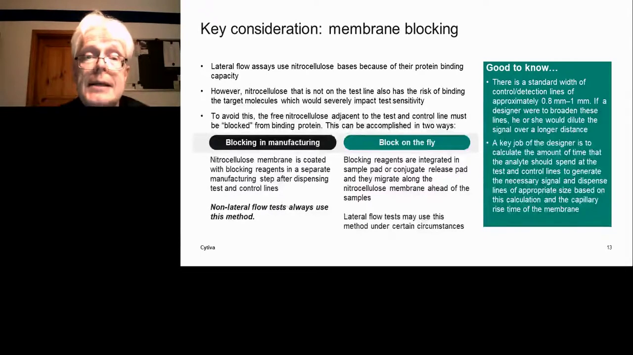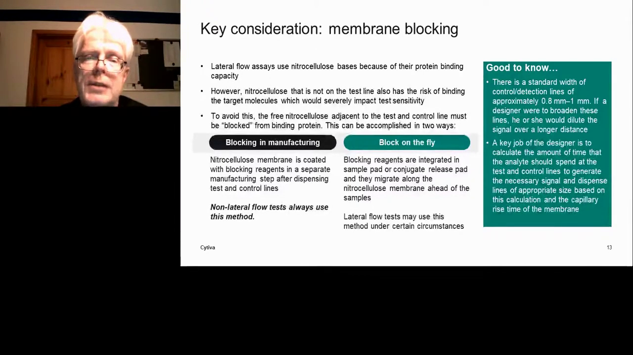In that case, the membrane is treated with the test and control line reagents. The reagents are dried, and then the membrane is soaked in a buffer, or you spray onto the membrane a buffer that contains the blocking reagents. A separate manufacturing step means another step that needs to be tested, developed, validated, and of course it's a cost factor in manufacturing. The advantage is you have full control over the amount of blocking reagents that you apply to the membrane. If you do block on the fly, you have to live with the thickness